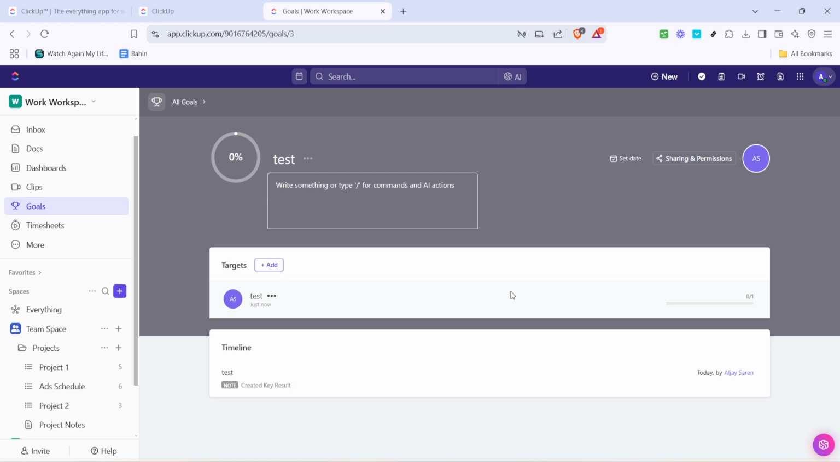And there you have it, a structured approach to creating and managing goals within ClickUp. We hope this walkthrough helps you harness the full potential of goal